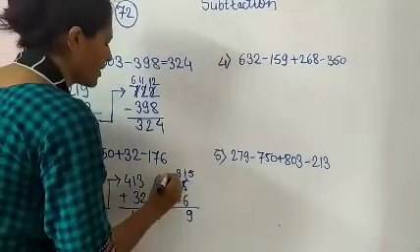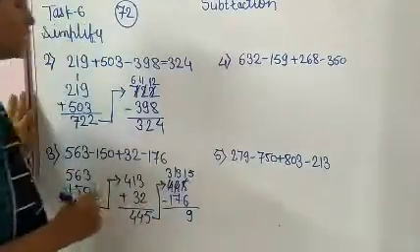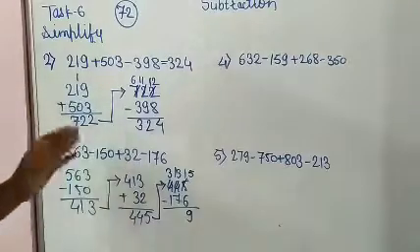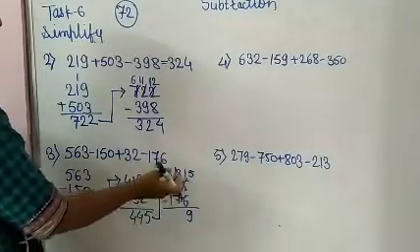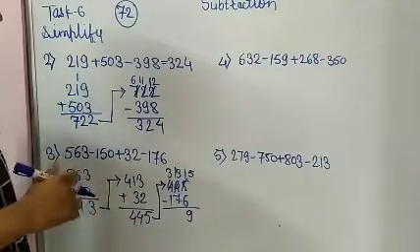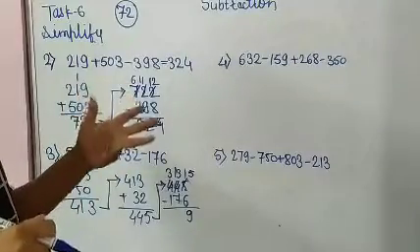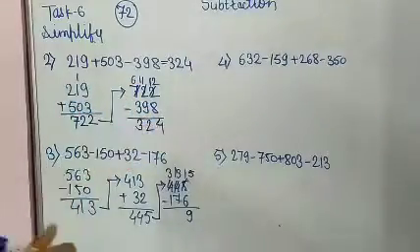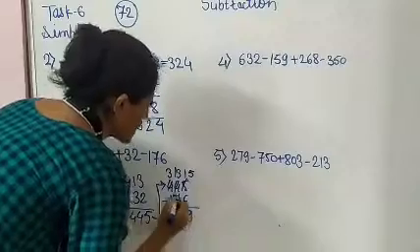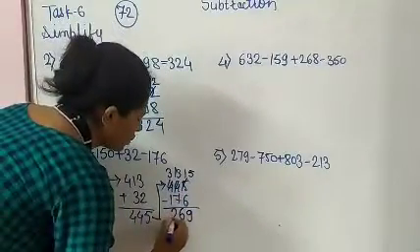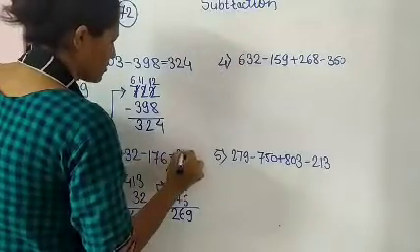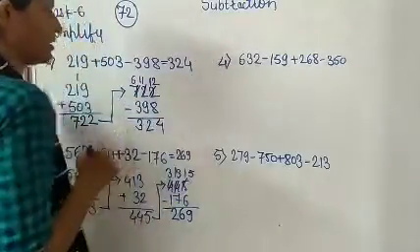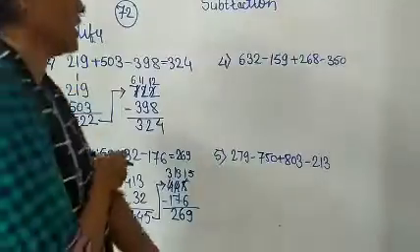No. So here it becomes 3 and here it is a 13. Now 13 minus 7. So how much? After 7 means from 8 to 13 count. 8, 9, 10, 11, 12, 13. So it is a 6. And 3 minus 1, 2. So answer is 2690. Now next one.